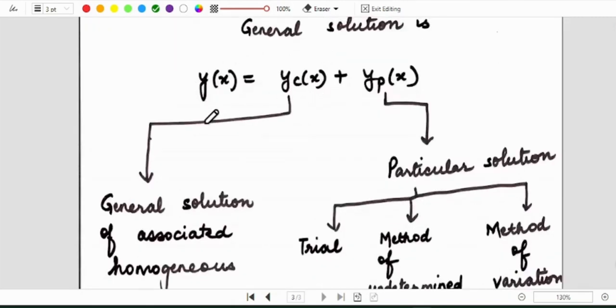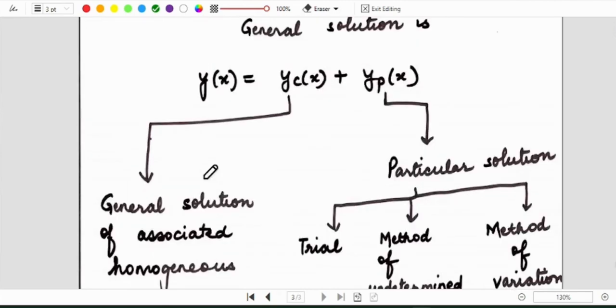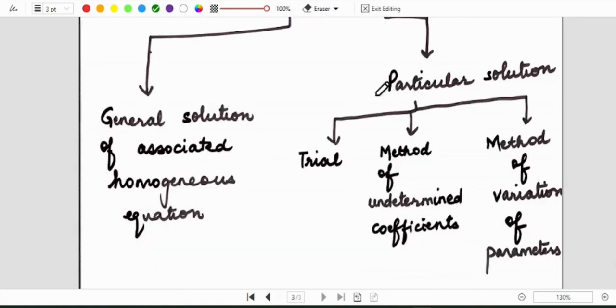So the idea is very simple: for a non-homogeneous ordinary differential equation, the general solution has 2 parts. yc(x) is obtained as the general solution of the associated homogeneous equation through the characteristic equation, etc. Whatever technique you know for finding yc(x), you just equate the right hand side to 0, look at the new homogeneous equation, and solve it the way you have learned in the previous videos. Now for yp(x), this is a challenge. For getting one particular solution, sometimes the equation is very easy, so you are able to obtain yp(x) just through trial, just through inspection. You look at the equation and make a guess of one particular solution, and through that and the general solution of the homogeneous equation, you construct the general solution of the non-homogeneous equation.